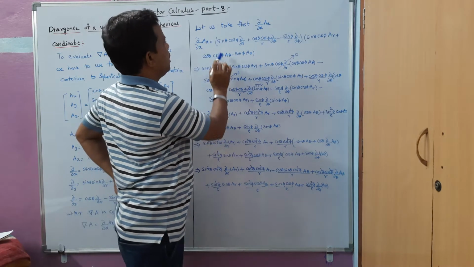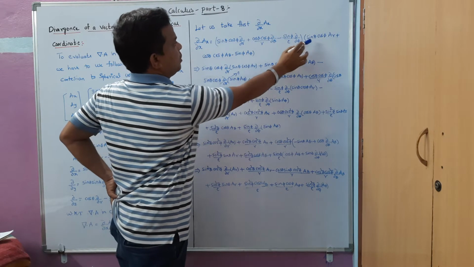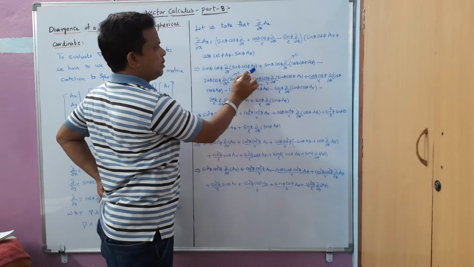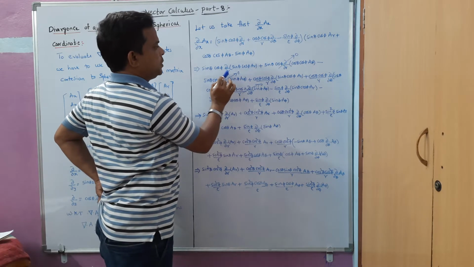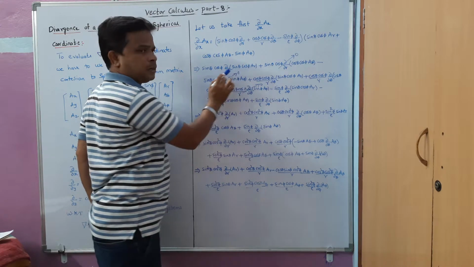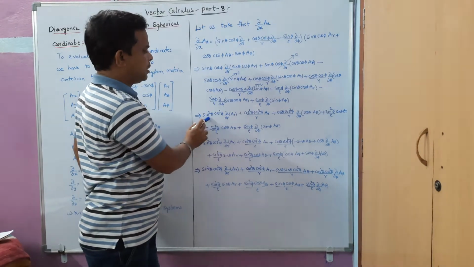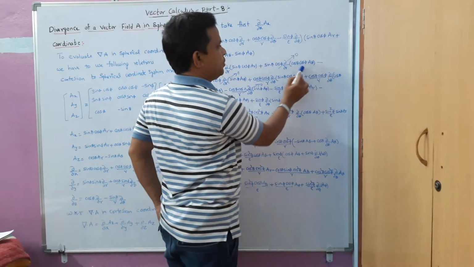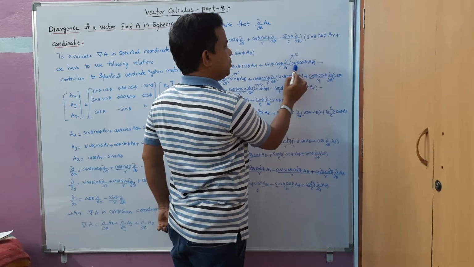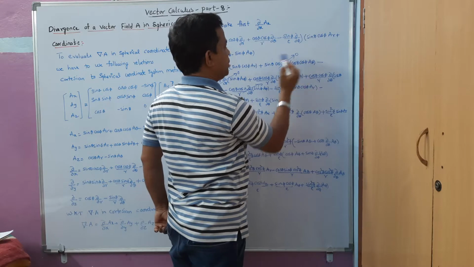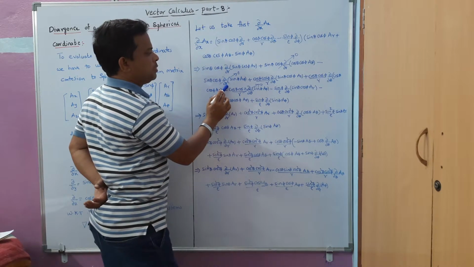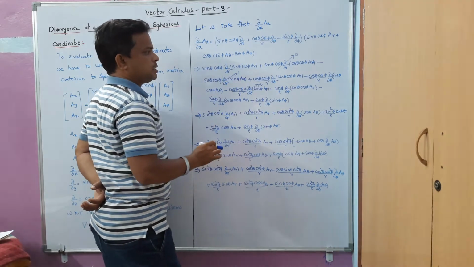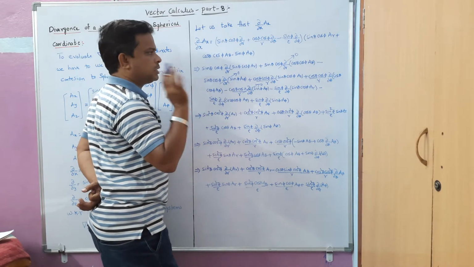You can see the product here, sin theta cos phi dou by dou r with respect to this one. With respect to r we have only the Ar term here, and sin theta and cos phi are treated as constants and taken outside, so we have written sin square theta cos square phi. Similarly, with respect to r we don't have any term related to r here, so this is treated as constant and the entire term becomes 0. Similarly here too, it is treated as constant and it is also 0, since the differentiation of a constant is always 0.